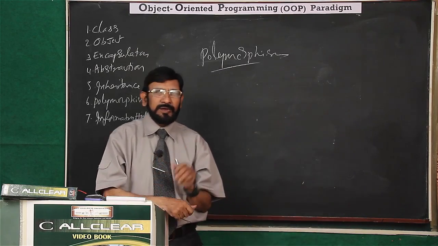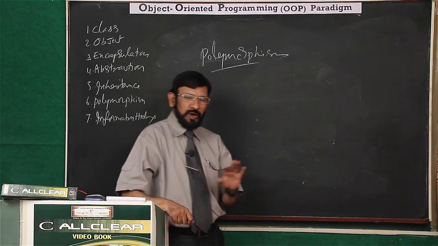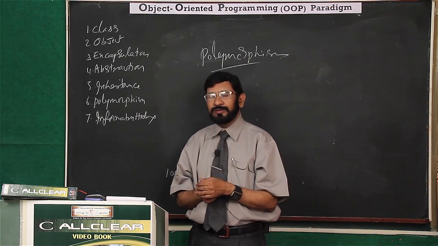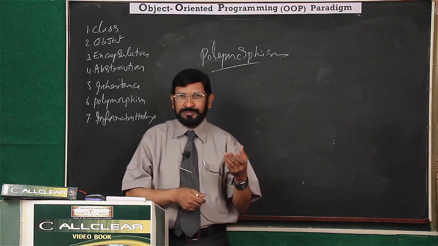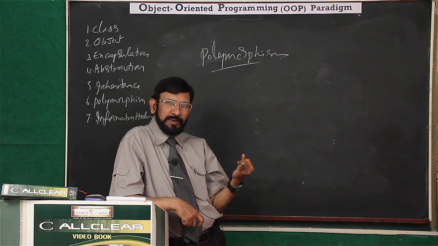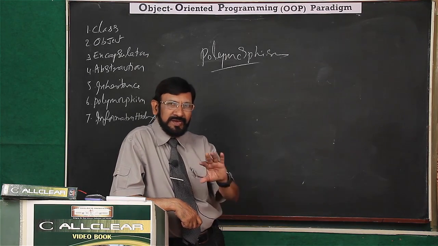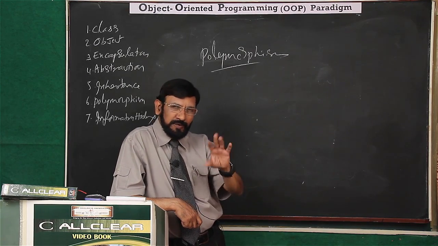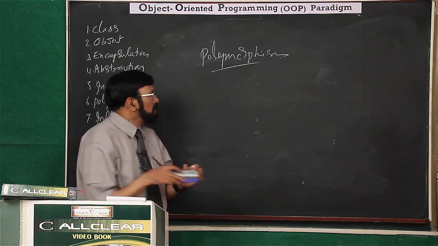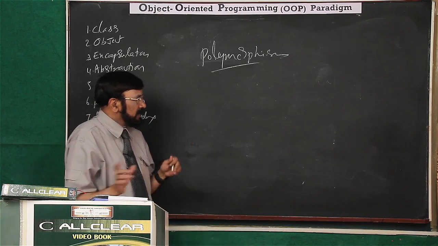The other one is the tractor. You always call it a tractor only. Here you can use it as a carrier, as a generator, as a pump, as a harvester, as a cultivator, as a digger. Many ways. The attachments you change, but whatever the attachment may be, you call it a tractor only. That is the polymorphic feature. Whether you can understand or not, I can give you one example.